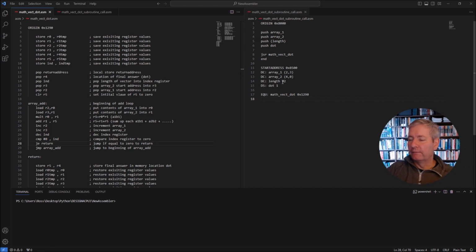We know that the length of the vector is 2, and we're going to form the dot product, so we'll call that dot, and all we do is set aside one memory location, because it's just a single number, or what we call a scalar quantity. We've got the actual routine here called math_vect_dot, and I've set aside a memory position within the ROM for the start of the subroutine. So we're going to push array 1, push array 2, push the length, and then push the position where we want to